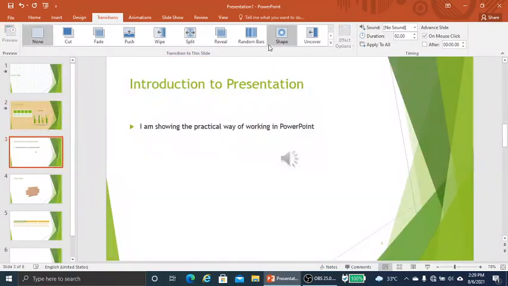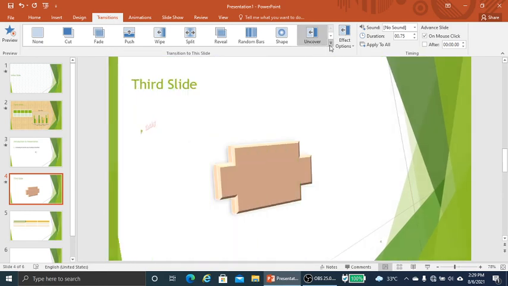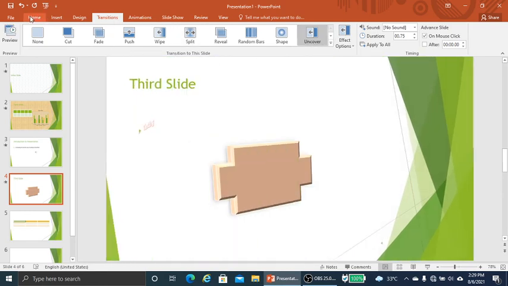The third slide I want to come in random bars. The fourth slide should come like this. So all this is in the Transitions tab, and we will find the transition for each slide there. We can apply this to a slide.